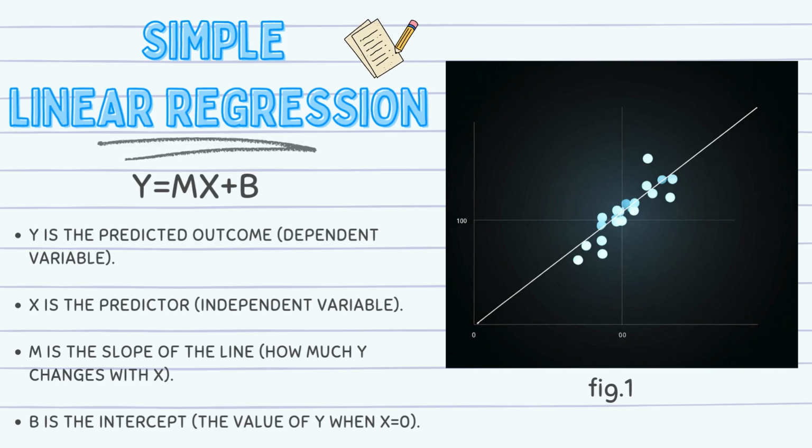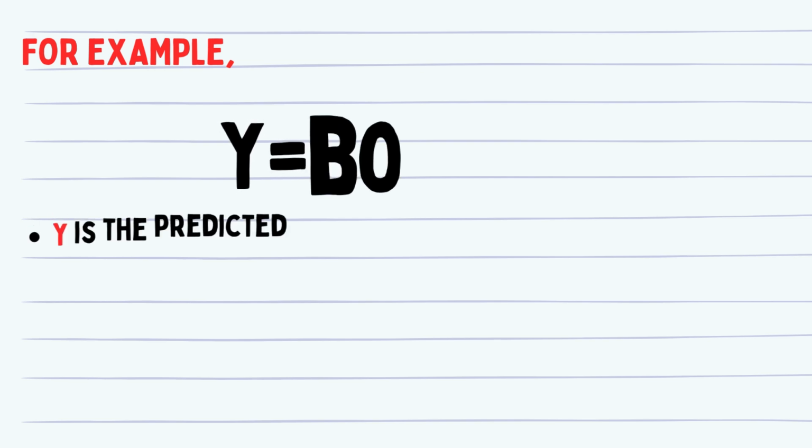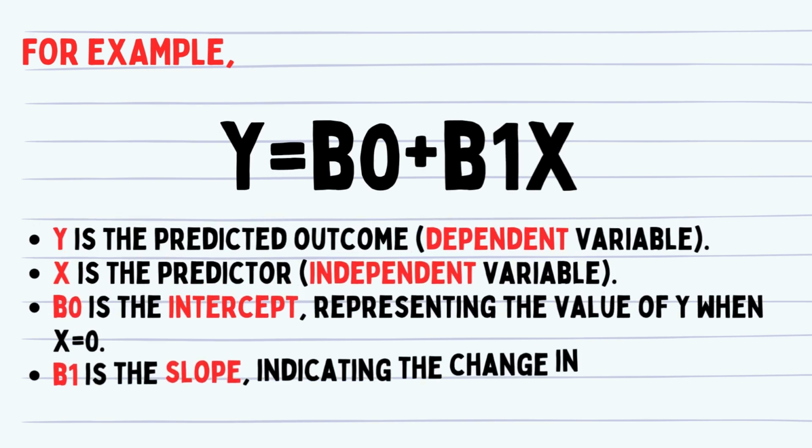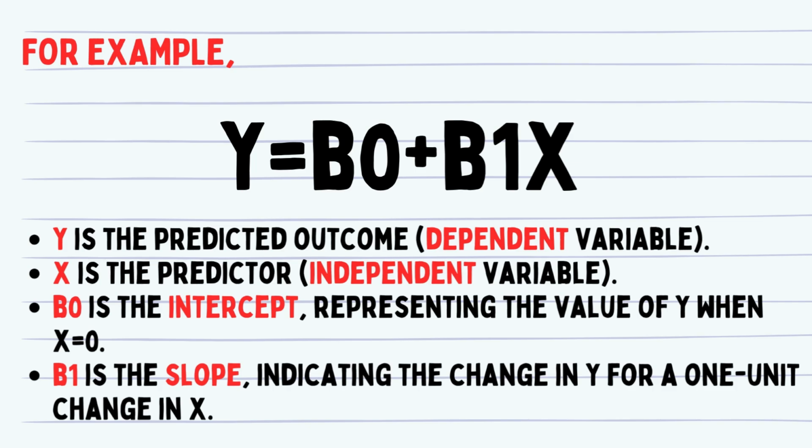In simple linear regression, we're looking at how a single independent variable, x, predicts a dependent variable y. We do this by finding the best fit line that represents this relationship. The equation for a linear model looks like this. Here, b0 is the intercept, b1 is the slope of the line, and epsilon represents error, since no model perfectly